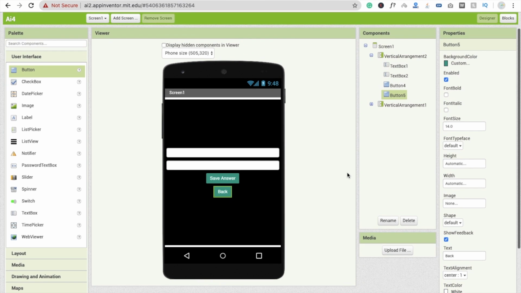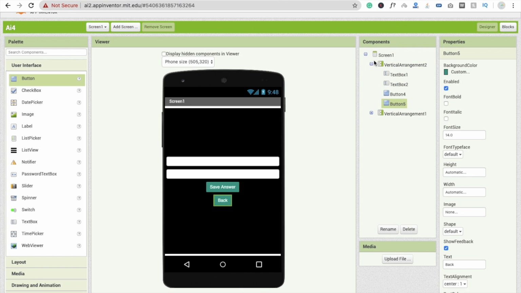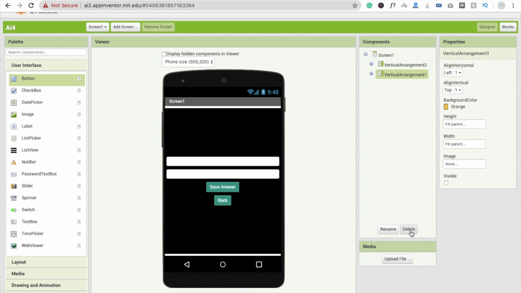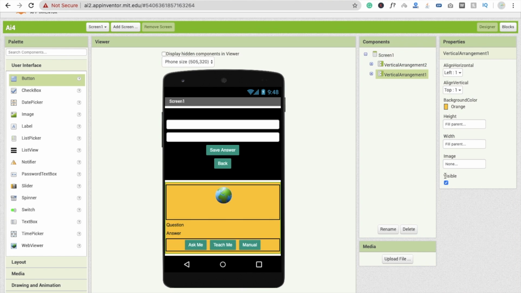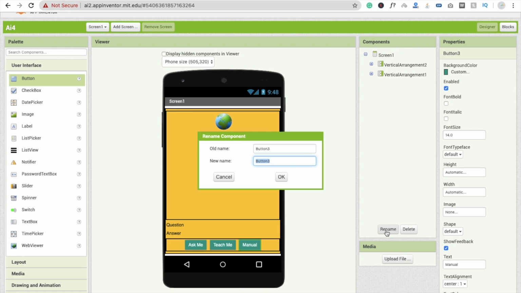Fine. Okay, so I'm going to code for this back button. So first I'm going to code for the vertical arrangement. Click on vertical arrangement, and that one is visible on, make it visible off. So when someone clicks on the manual button, I'm going to rename this button, and that one is manual btn.